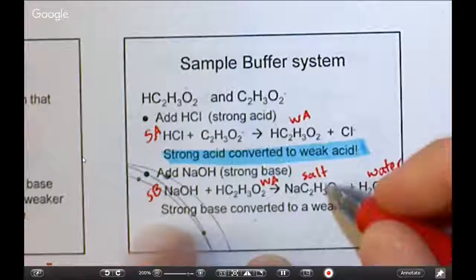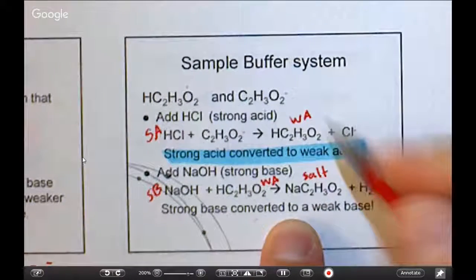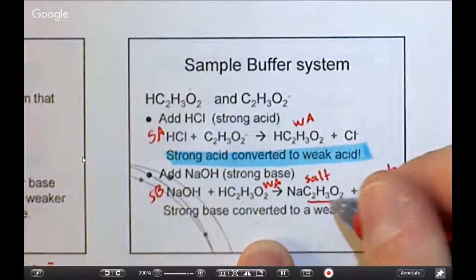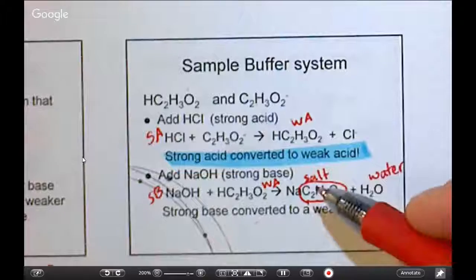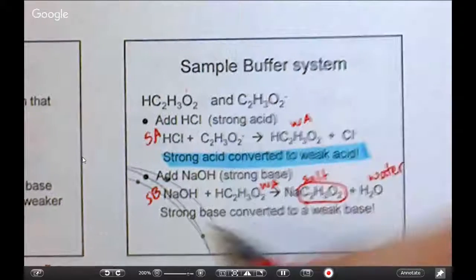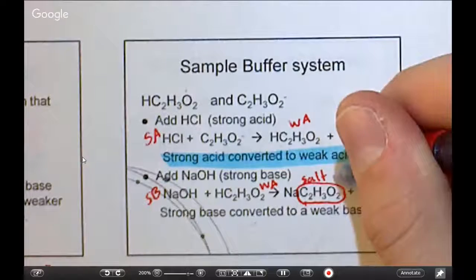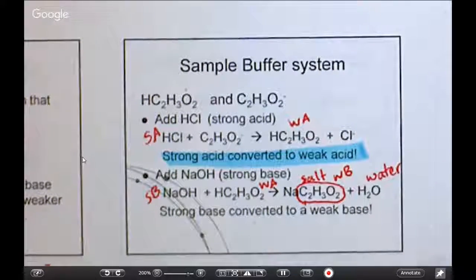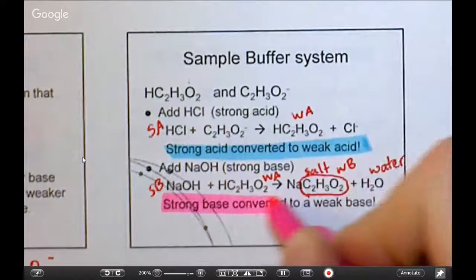Now keep in mind that sodium acetate, even though I've written it as a salt, it is still acetate, which is part of our buffer system. So what we've effectively done is we've taken the strong base and we have converted it to acetate, which is a weak base. Okay, so doing a strong base to a weak base is part of this